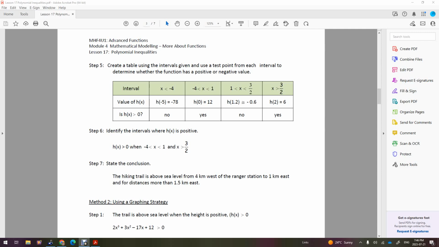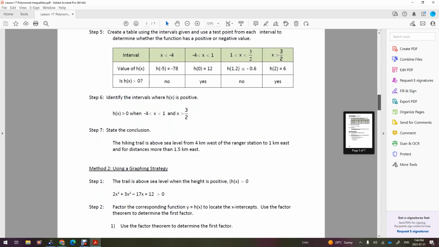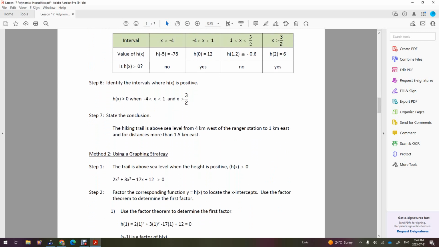So what is our conclusion, you ask? Well, the hiking trail is above sea level from 4 kilometers west of the ranger station. Remember, we wanted west